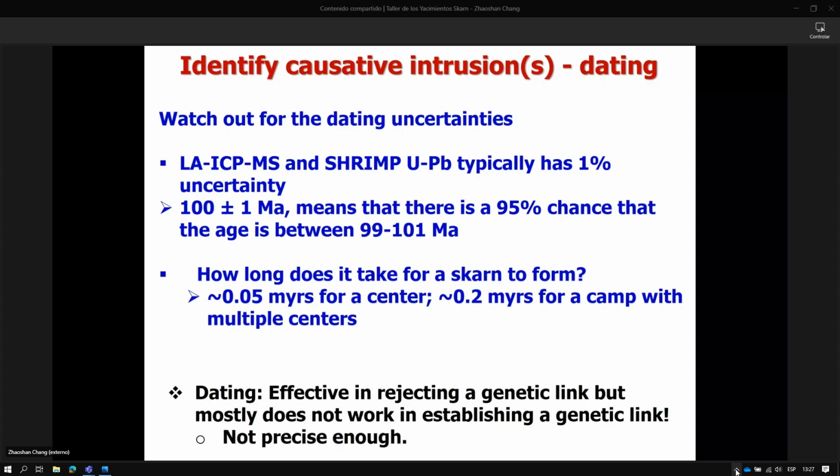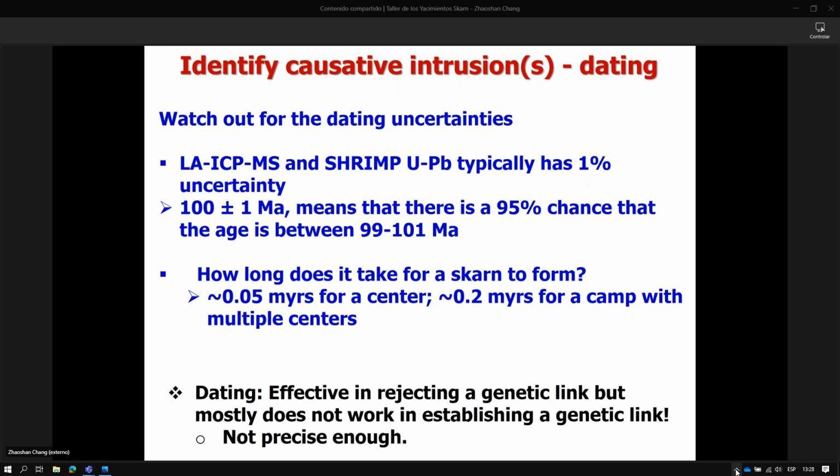If we say plus minus 1, that means there's a 95% chance the age is within this range. It's not one number, it should be a range. Now consider how long it takes to form a skarn. It turns out you only need 50,000 years to make a skarn. Each center in Papua New Guinea, a big skarn system, only takes 50,000 years, and that whole district with several centers only takes 200,000 years. If you have an uncertainty of 2 million years,